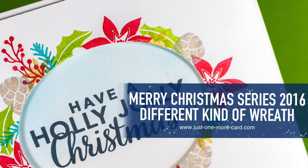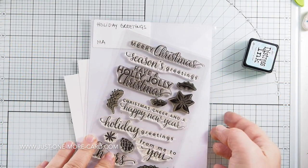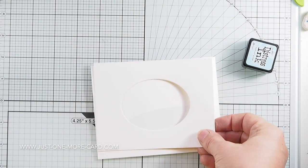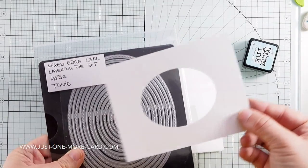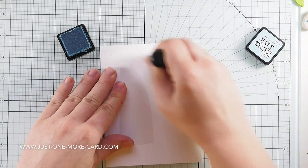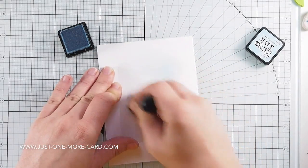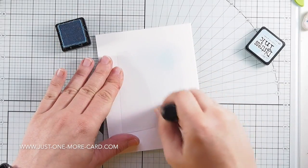Today I want to use some supplies by Hero Arts and create this kind of wreath, actually. I'm going to be using the Holiday Greetings stamp set by Hero Arts, but I'm going to start out by die cutting this oval into my panel using dies by Tonic Studios, and then I trace the shape of the oval onto my card base, and then I'm using tumbled glass distress ink to add the very slightest